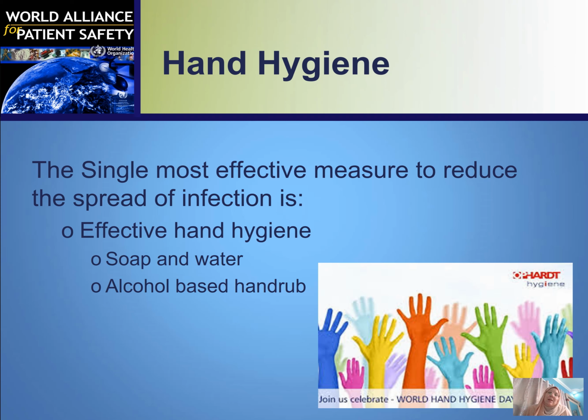The single most effective intervention to reduce the spread of infection is effective hand hygiene. Within the context of the coronavirus COVID-19 pandemic, you have heard a lot about the importance of hand hygiene. This can be done either with soap and water or with alcohol-based hand rub. Water alone is not enough to clean your hands properly of germs, as you need the soap or the alcohol to disrupt the organism's phospholipid membranes and actually kill viruses as well as bacteria on your hands.